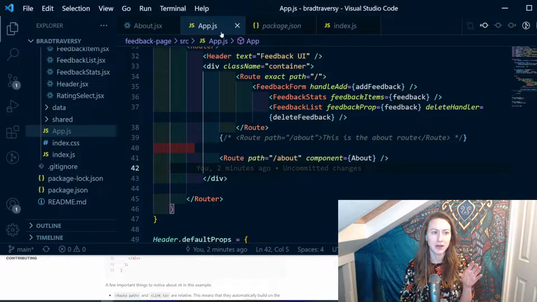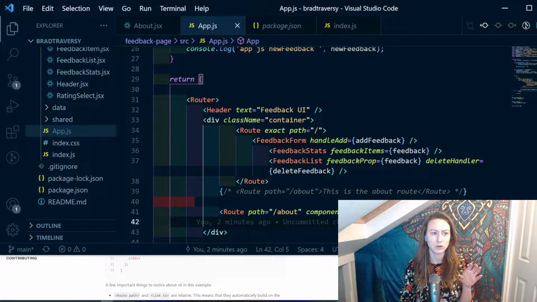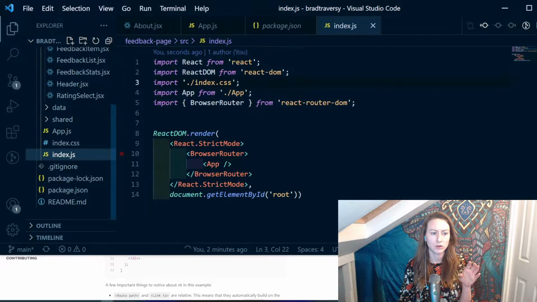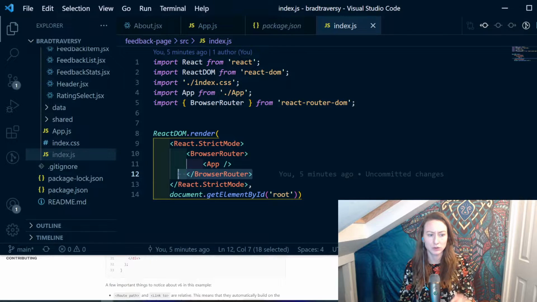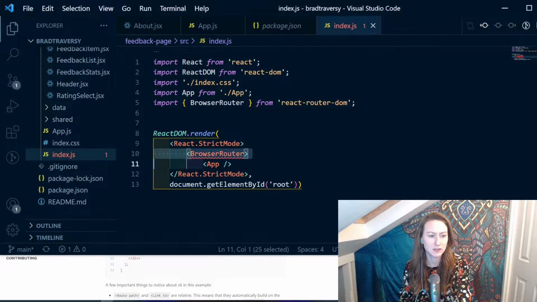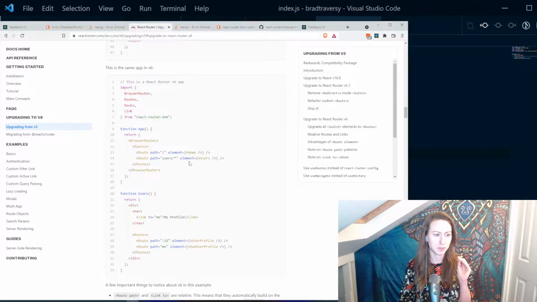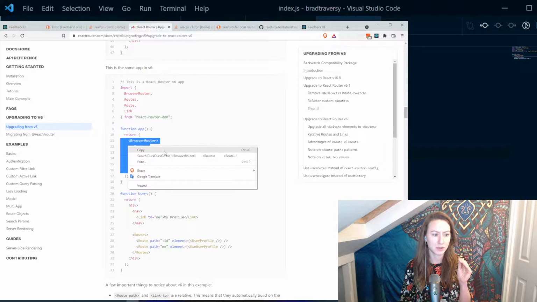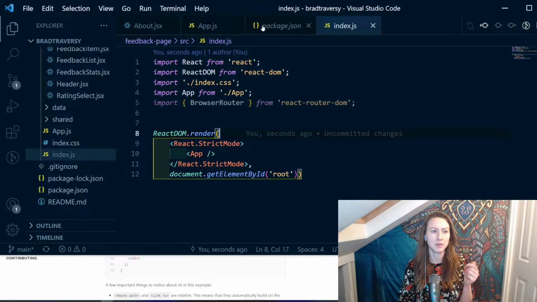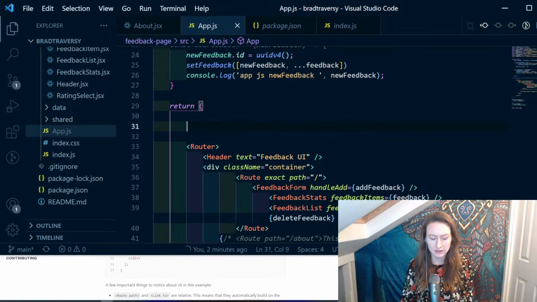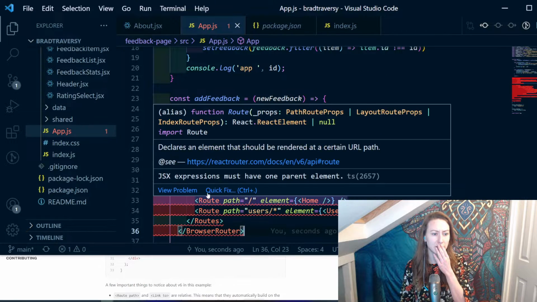But you know what, why not just do it in the app.js, seeing as that's what the documentation is showing us. So let's stick with the layout we have here. I'm going to just copy this and implement it into my own page here now. So here's my app.js. Let's stick our return statement here. So we have our browser router,